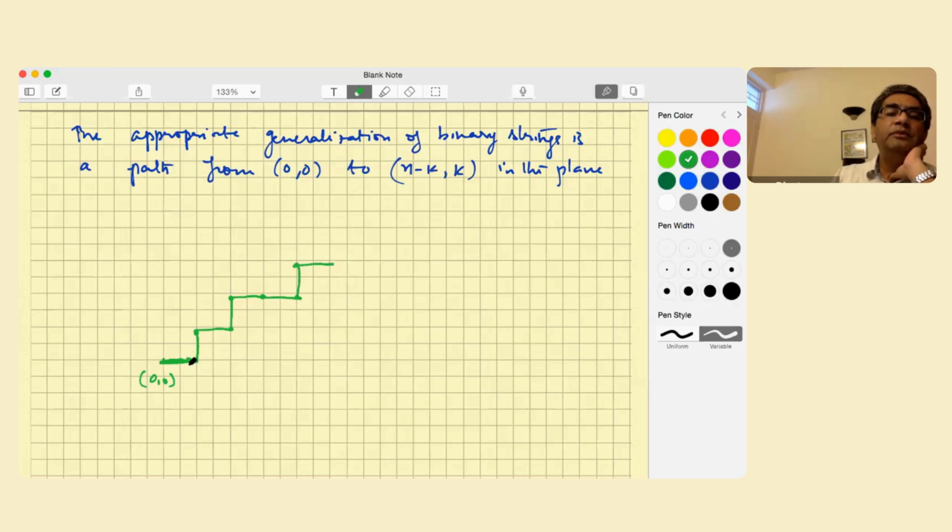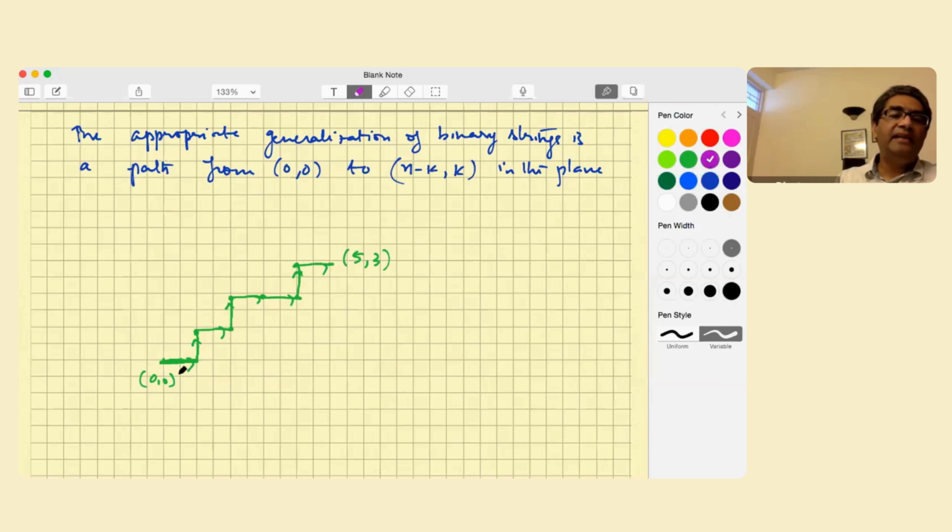So suppose this is a path in the plane. Okay, so these 2 squares count as 1. So 1, 2, 3, 4, 5. So this point is 5 and then 1, 2, 3. Okay, and what I do is, there are east steps